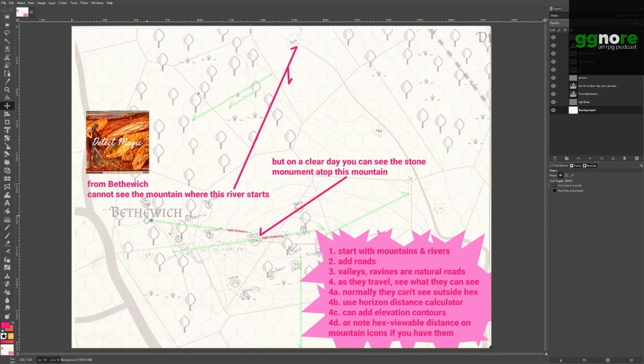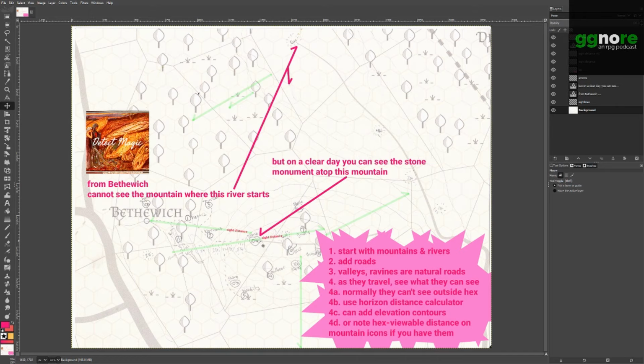But as they go out on the road, they can see more and more of the mountain. And if they were to go north, make it through the forest, climb up a tree, they can see there's a mountain up here. And then they could follow the stream down from it. As you can see, there are some keyed areas here. A stone, I don't want to go into more about what that means. They can follow that all the way up via the road.